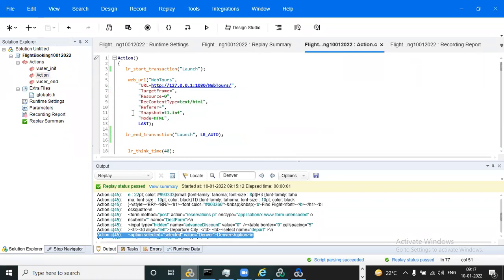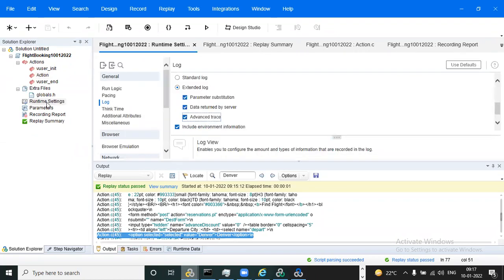Now you can save it, and before running, we need to remove the full mode. This is the full mode; we consider all three checked as full mode. If we view only parameter substitution, we can call it an off mode. So you can set it to off mode and click on save, then you can run.